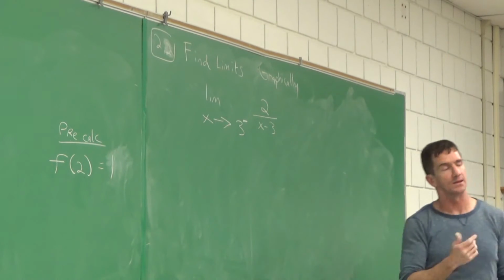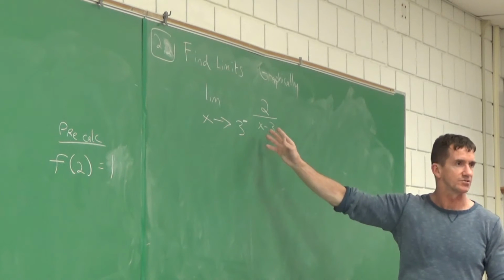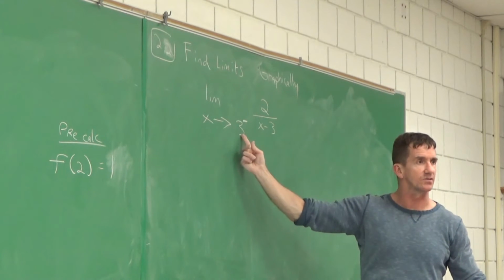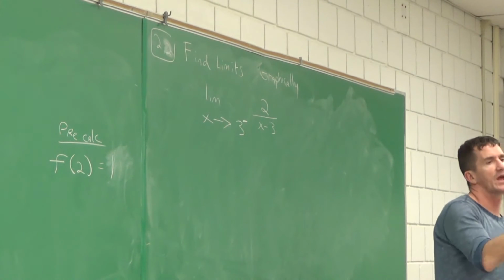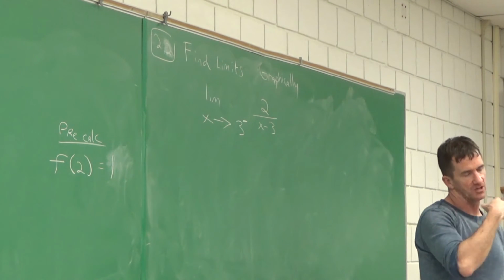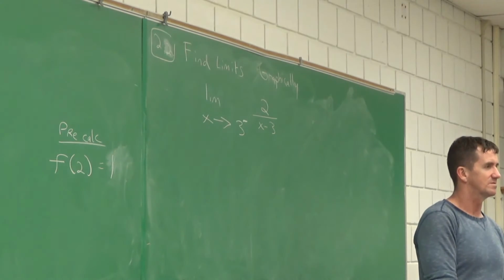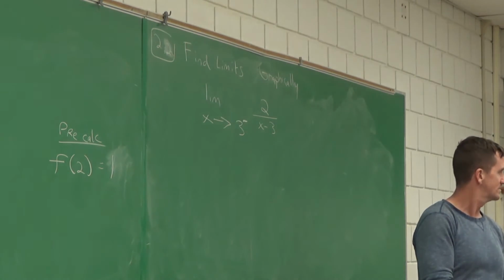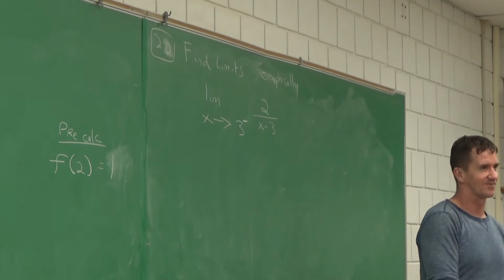So you and I are trying to find the limit of this function, 2 over x minus 3, as we approach the x value 3 from which side? From the left. And you're allowed any way you want to do this. You can use any technique on your test to do this problem. But I encourage you, you all are so good at graphs. Why don't we just make the graph and look? You go, I don't know how to graph that. Oh, we can graph this.